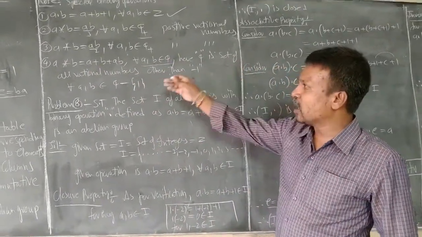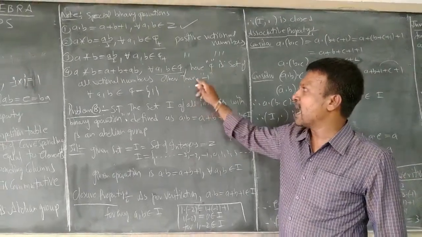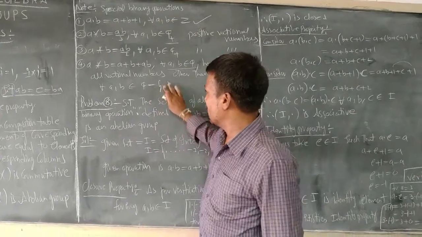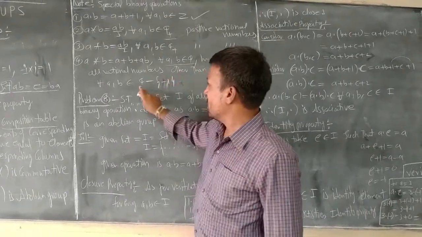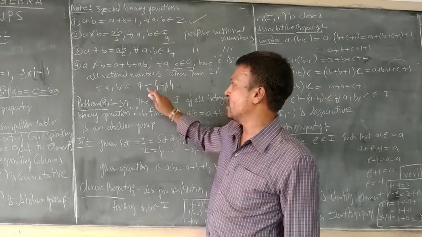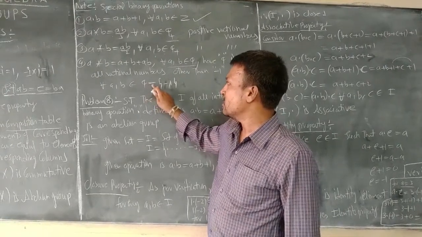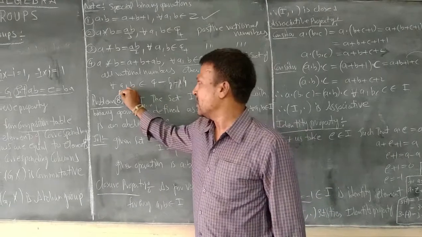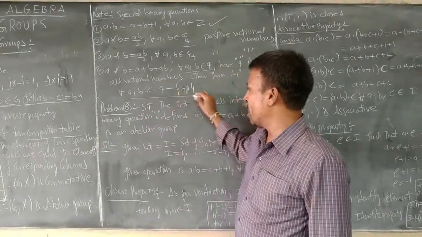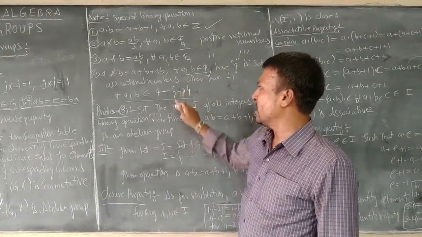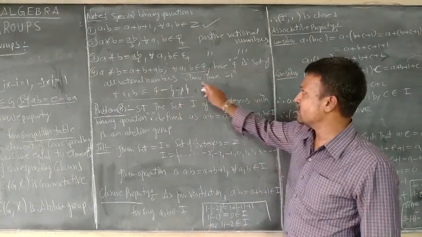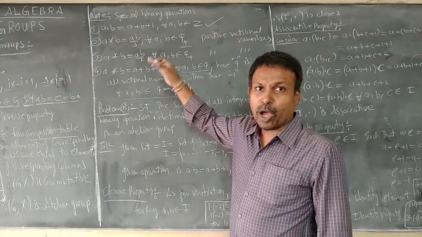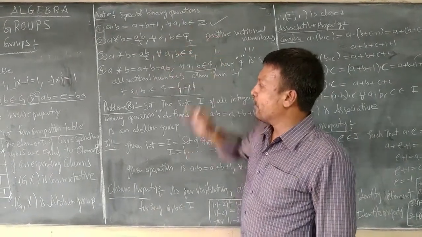Here Q is the set of all rational numbers other than minus 1. Right. That is, the set of rational numbers other than minus 1 is defined by Q minus of minus 1. From the set of rational numbers, we exclude this minus 1. That is, here it is written as for every A comma B belongs to Q minus of minus 1. It represents the set of rational numbers other than minus 1. Right. So, let us deal with the problems relating to these four binary operations.